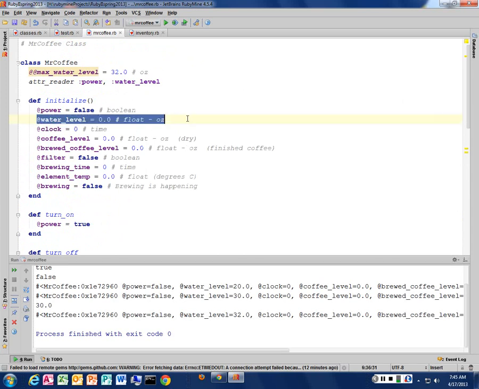So we've done our water level. We could do coffee level the same way. Do we have a maximum that our coffee can take? Remember, this was our dry ounces of coffee. So there should be, right? So let's put a maximum